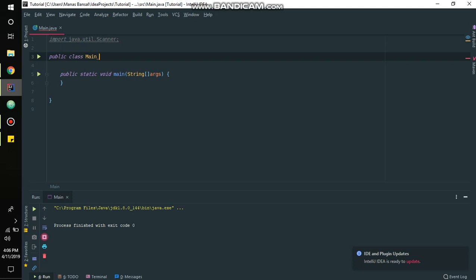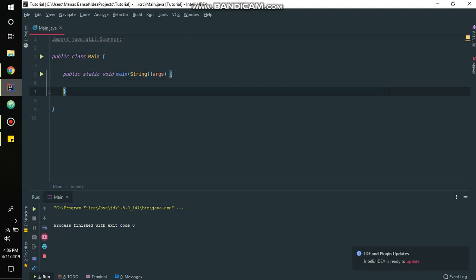Then we are going to make an instance of the scanner. If you don't know what I'm talking about or you don't know how to get the user input, then please watch my previous video where I talk about how to get the user input in Java. So we write Scanner keyboardInput, whatever you want to call it, equals new Scanner